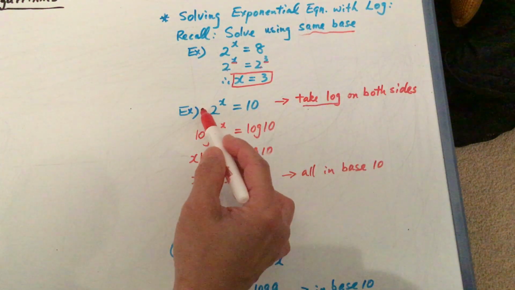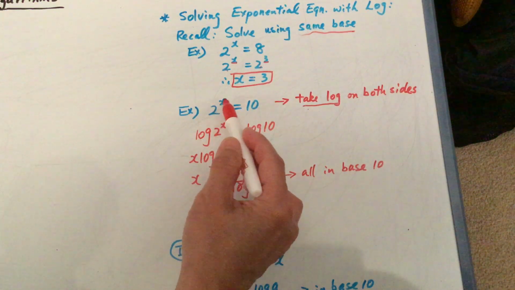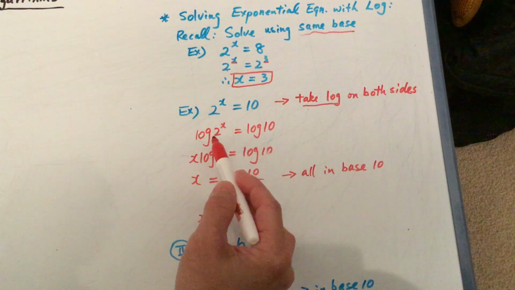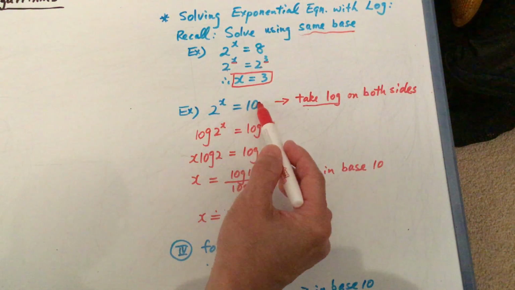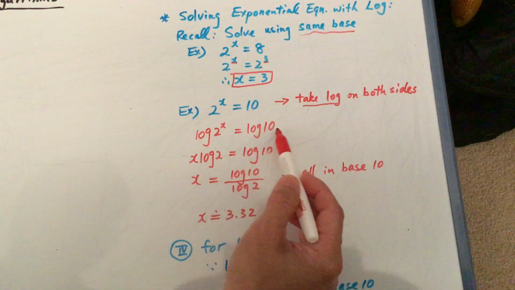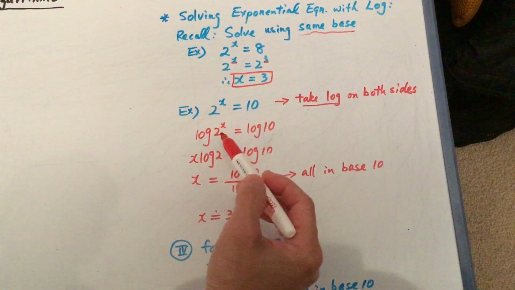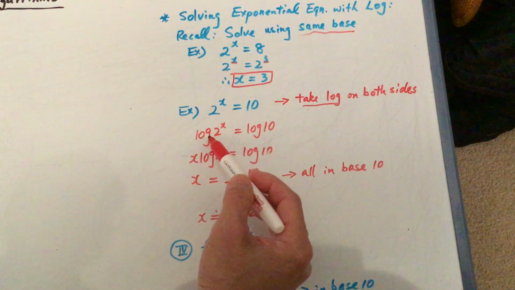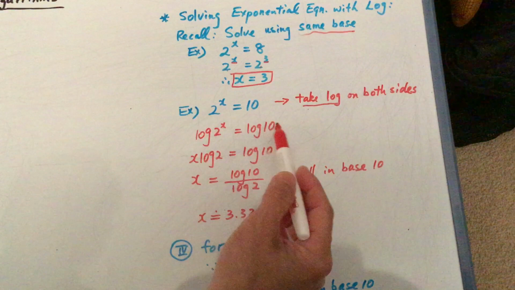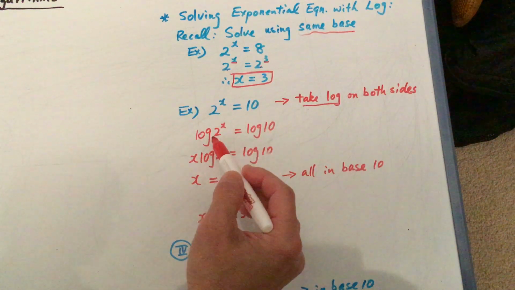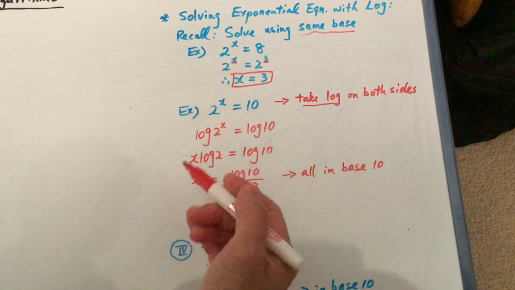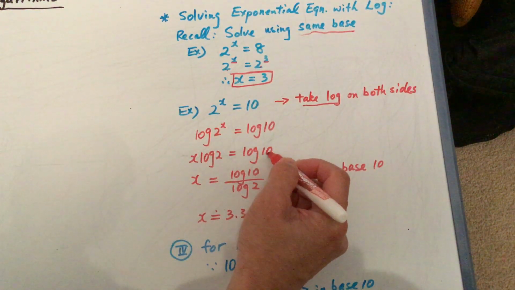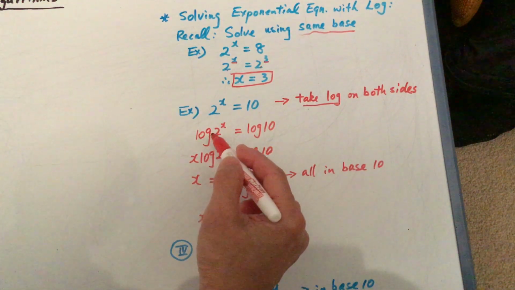So I get a log 2 to the x, and I get a log 10. Okay? Now, when you apply the log to both sides, the base is going to be 10, but you don't see it here because when you write the log, that means you are using the log with base 10. Okay, so